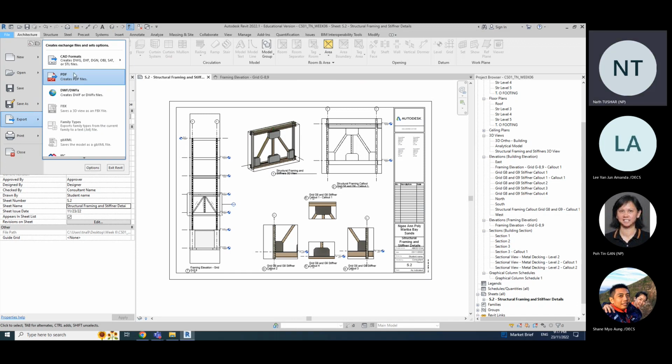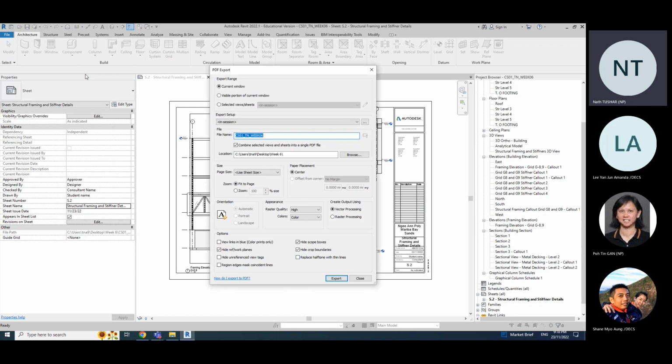You can also export it into DWG and other formats, which is AutoCAD and all. But for the moment, let's just export it as PDF. Is everybody able to see this PDF? Okay, so far, right? Click on PDF